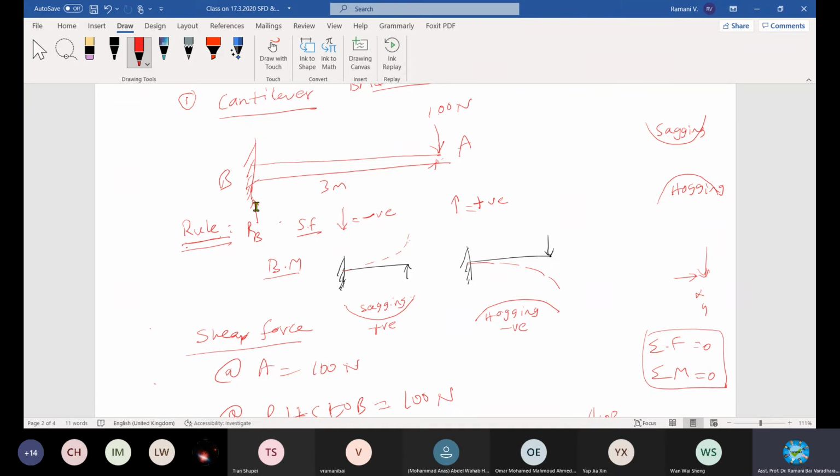Do you remember the video, the one I showed at the very beginning, or shall I repeat it once again? To understand and accept that yes, there is a reaction, either by loading or by fix. That day it was due to the loading, and the ends are simply supported. That's why they had the reaction. Do you need the video to be repeated to show how the reactions are produced? There was a demo. Do you need it?